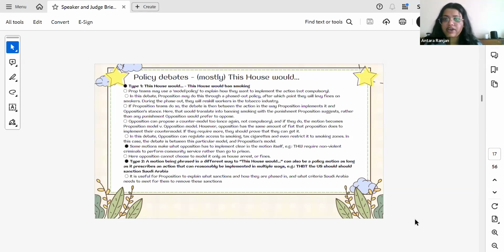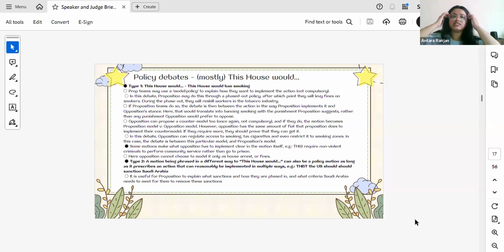Does this look like a world where if you are caught smoking, you receive a prison sentence or you get a giant fine, right? Will smoking be banned immediately? So if the motion passes, if side government wins the debate, does this mean that smoking is banned today and from tomorrow, if you are caught smoking or with cigarettes, you go to jail, right?